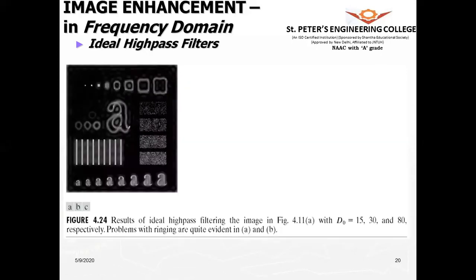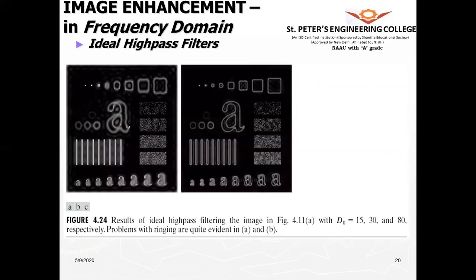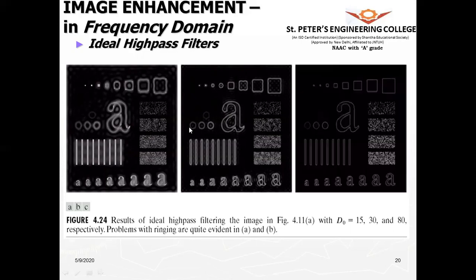Next, let us see how we can use this ideal high pass filter and see the result. So when we use the ideal high pass filter, there is a ringing effect and the image clarity, the sharp edges are detected. So this is for the cutoff frequency of 15, 30 and 80.